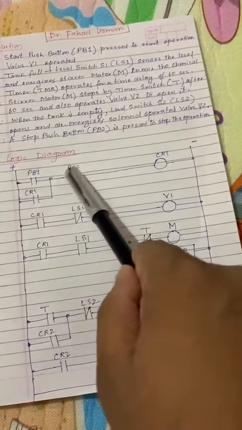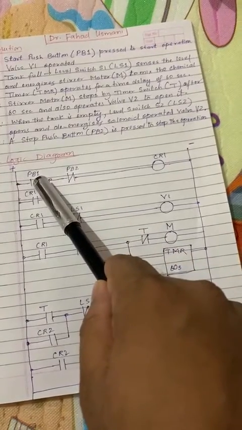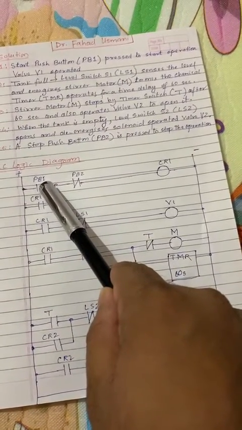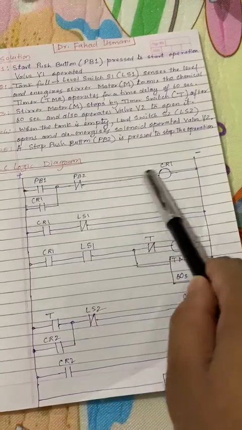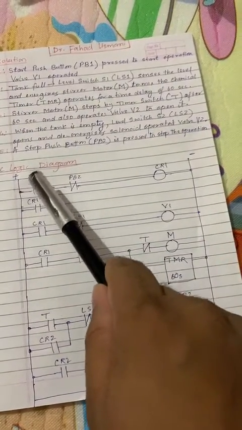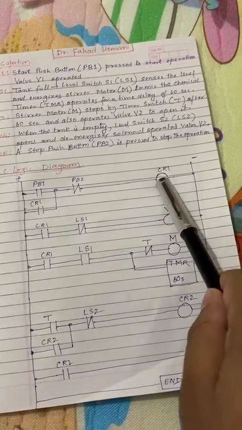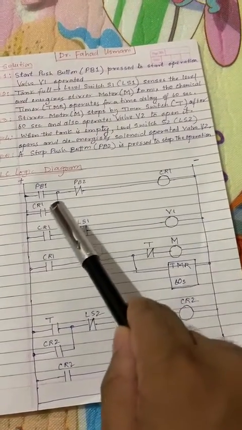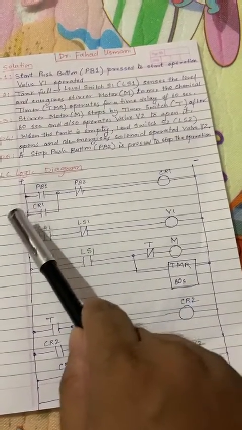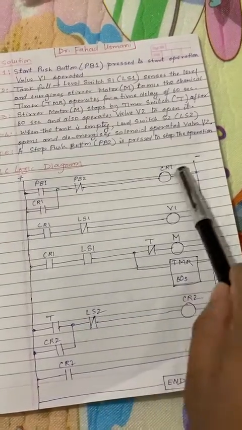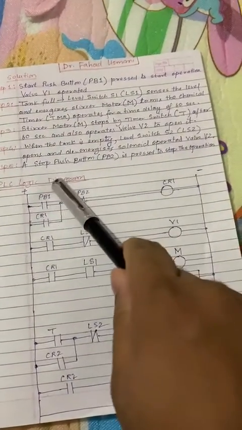You see here this CR1 is connected here. This is known as a latch. Once we press this push button, the current goes here, and then the current stops from here, right? But through this latch, when the current goes through this relay, this switch is now activated and closed. So the current will start flowing. It's like that, so it is known as a latch.